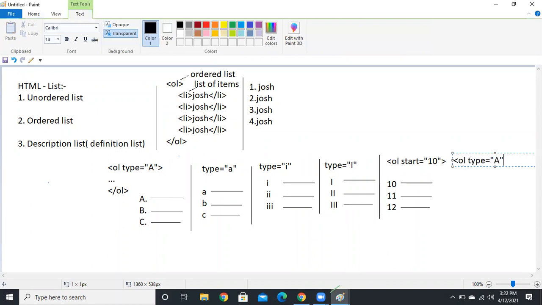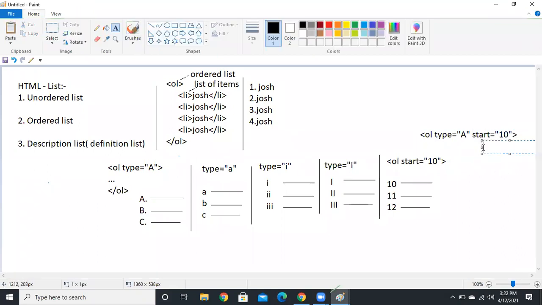Type is equal to capital A, start is equal to 10. So like this, you can see it is still starting from J.